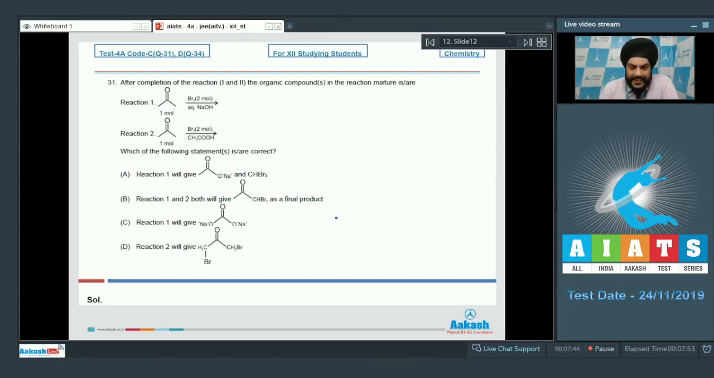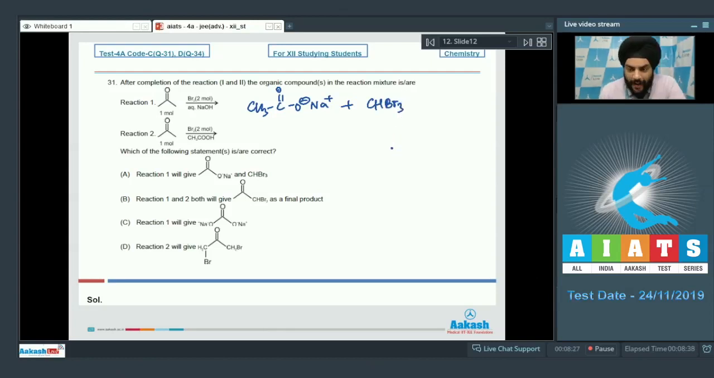After the completion of reactions 1 and 2, the organic compounds in the reaction mixture are? So students, we have 1 mole of acetone. It is allowed to react with 2 moles of Br2 in the basic medium, which is aqueous NaOH. So this is going to give us bromoform. In the basic medium, the methyl ketones give us bromoform. So we're going to have the formation of CH3COO⁻ Na⁺ along with the formation of CHBr3, which is the